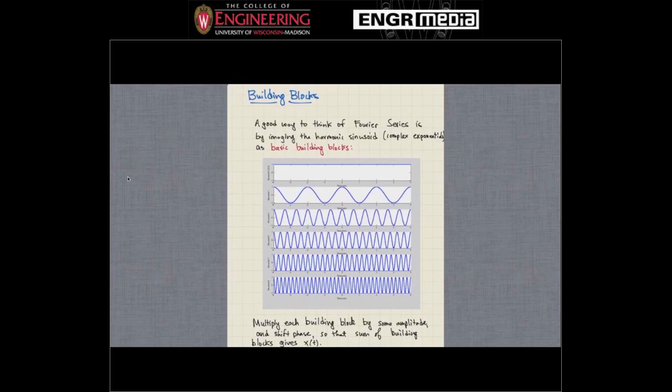So this picture again is what we saw before. It goes with the square wave. But the goal is to multiply each one of these sinusoids, like I said, by some amplitude and then shift its phase so that it matches x of t as closely as possible, right? And if we do that for all of these harmonic frequencies, here's the DC one,